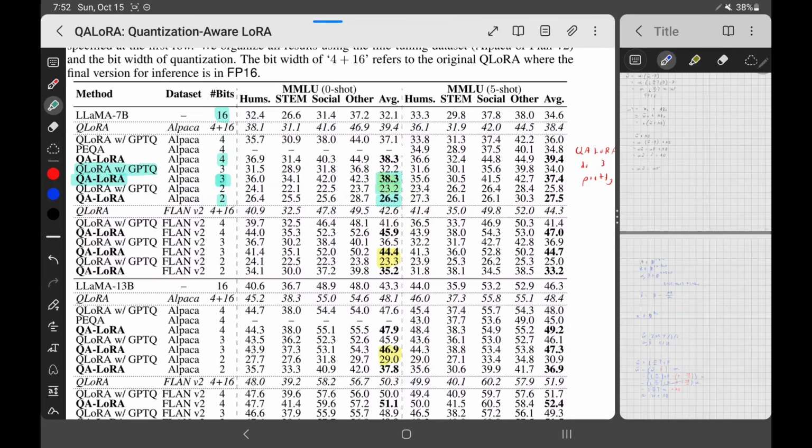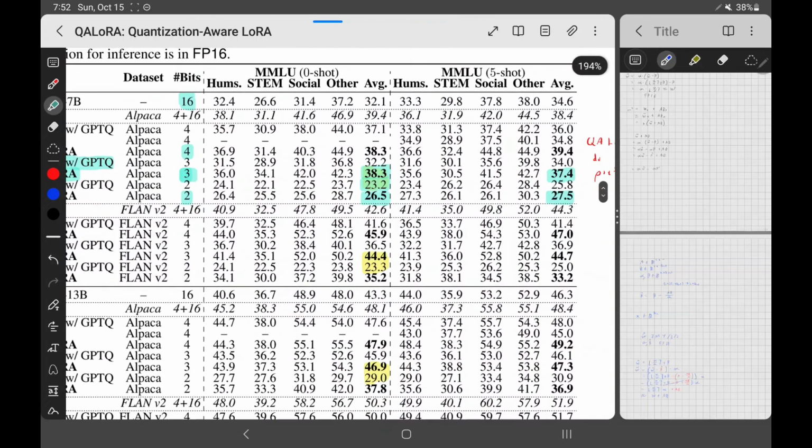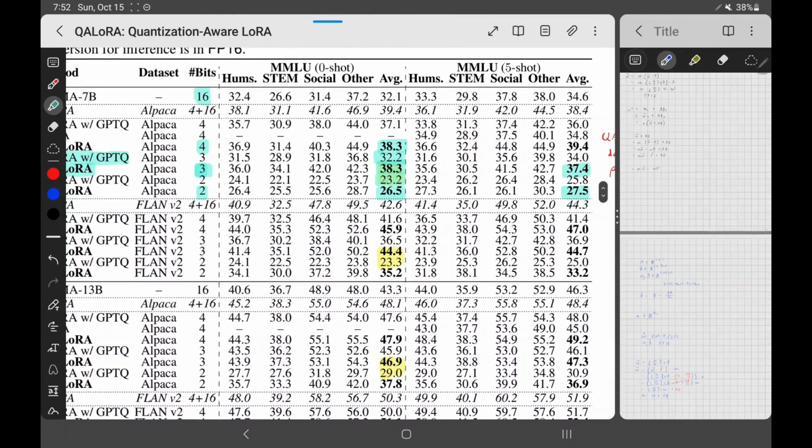And also 2 bits. It doesn't do as well with 2 bits, but it does seem to do really well with 3 bits. So now we can do inference with 3 bits, as opposed to only doing it with 4 bits. And even with 4 bits, it does better. So QLoRA, it's significantly worse. With 4 bits, they're comparable. QA-LoRA does better than QLoRA with 4 bits, but